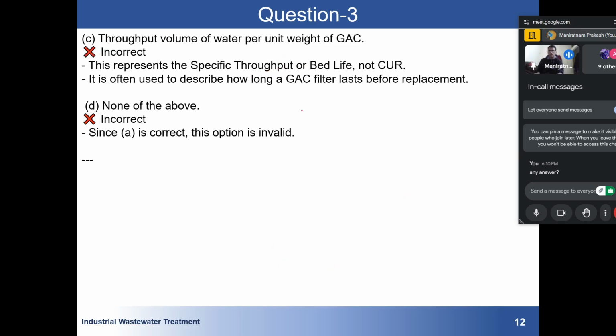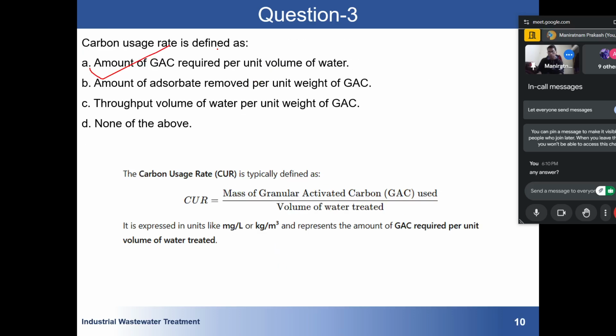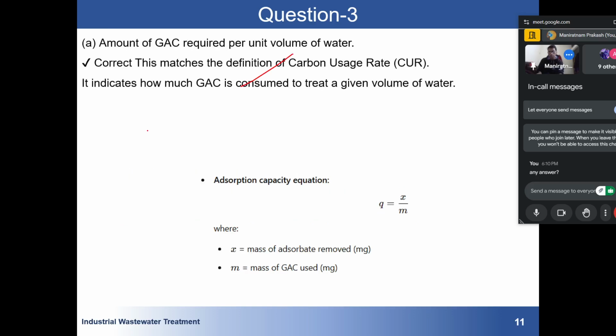Second is throughput volume of the, I think it is written wrong. Throughput volume of the,